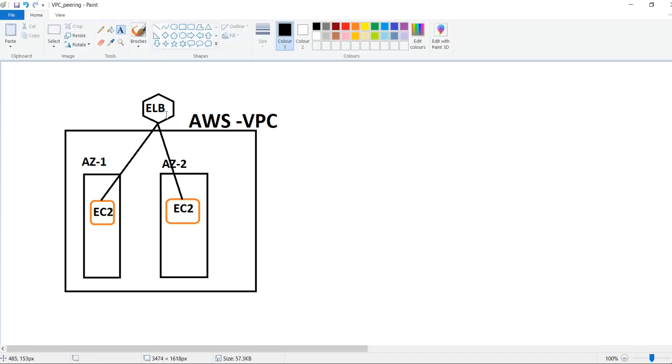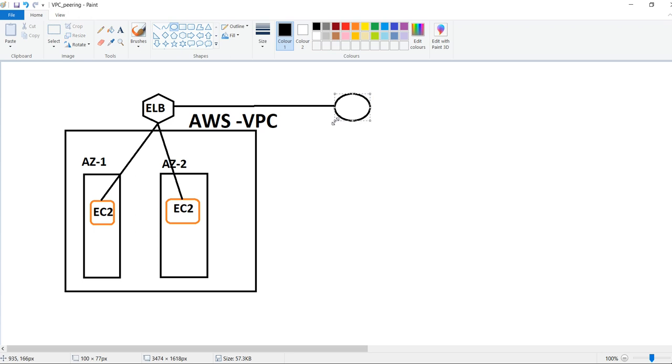If you see here, our load balancer is in front of our EC2 machines. So whenever any traffic is coming to our load balancer, first it will distribute the incoming traffic to backend EC2 instances. How will it distribute? Let me explain.